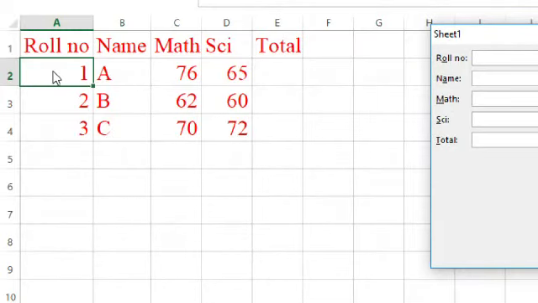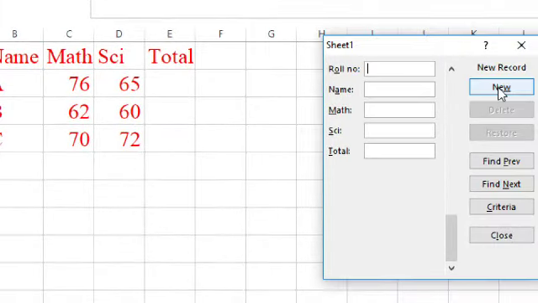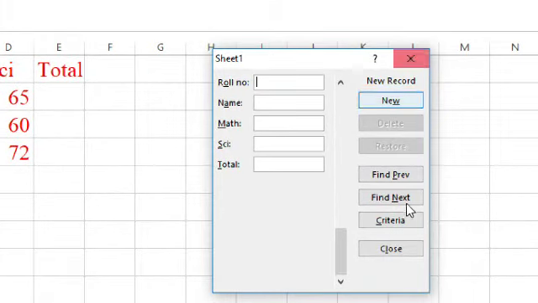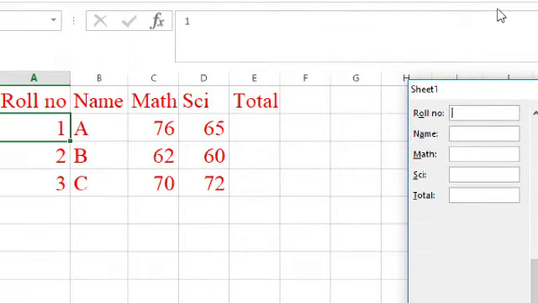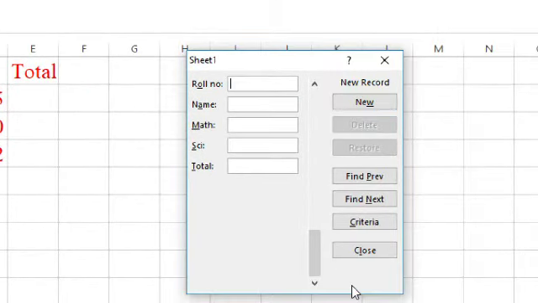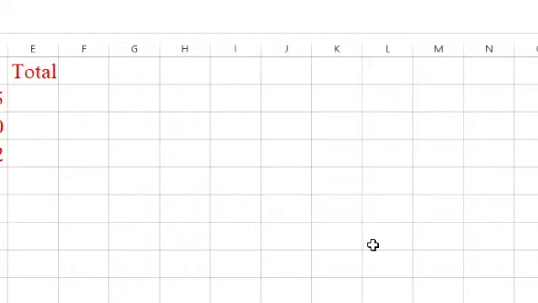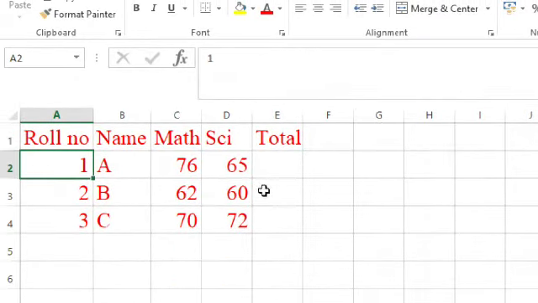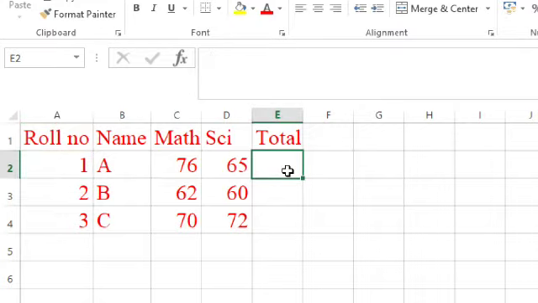Okay everyone, here we are writing only 3 records, and then afterward we close it. First of all, after completing your last record, you have to click New, and only then click on the Close button. Whenever you click on the Close button, all the records come here. Now click on Total and write down the formula.